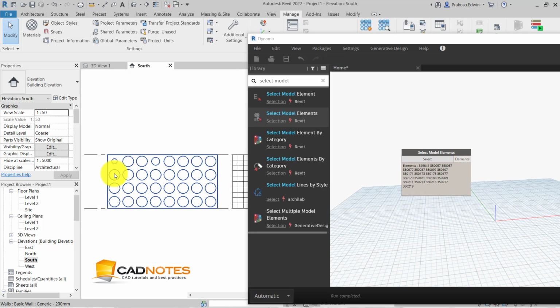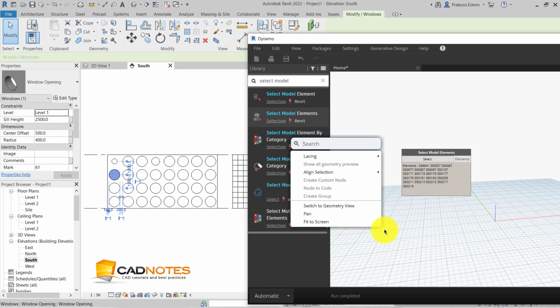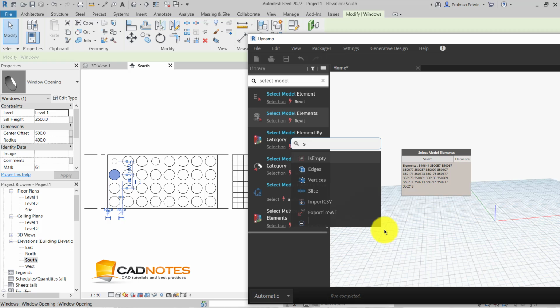As we saw before, the parameter that we want to change is radius. So we can use Set Parameter by Name.